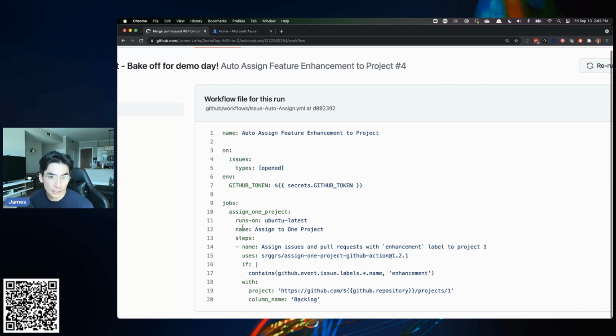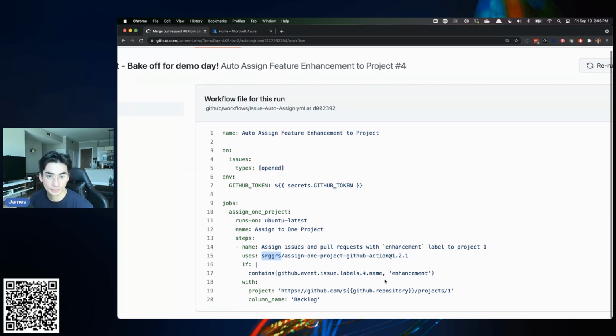Here we have a job that's running on an Ubuntu cloud runner. So this is our GitHub-hosted runner that exists up there in the cloud, and you can point to these for different jobs that you need to run. And under each job, you're going to have multiple steps. And here's really the power of GitHub Actions and the GitHub community, right? This uses keyword right here. Whenever we see this, we're referencing a GitHub action, AKA a code source artifact that someone's created for us. And thank you to this user out here for creating an action for doing just that,